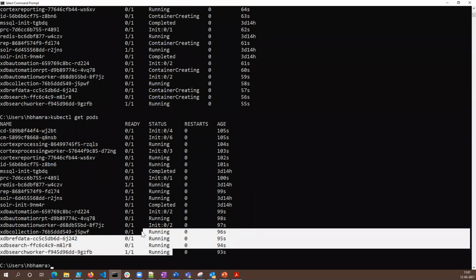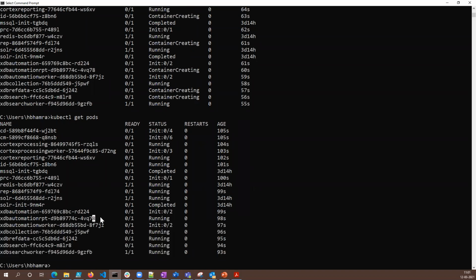And you can see, slowly and gradually, each of them is coming up. Pick up any one of them as an example. Okay, that's the XDB collection, but it doesn't matter for now. Let's pick up just one of them and follow it. Let's take the logs of it.